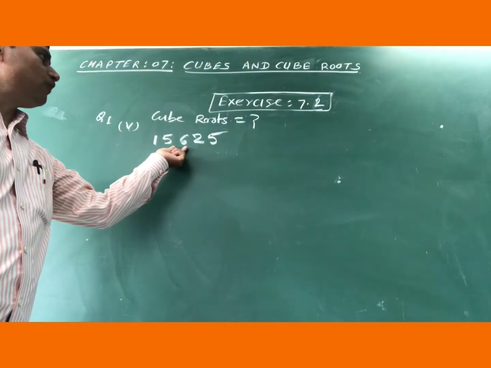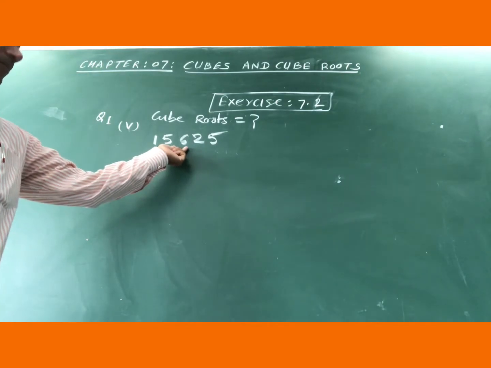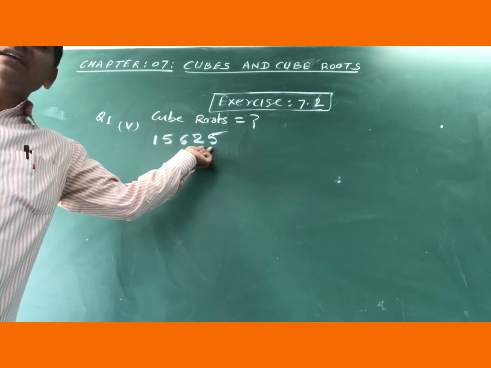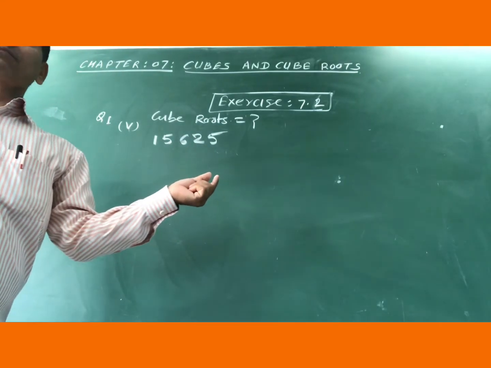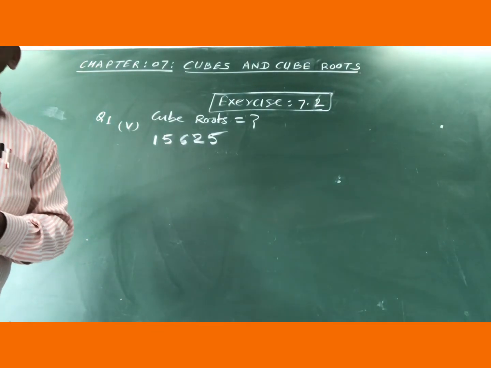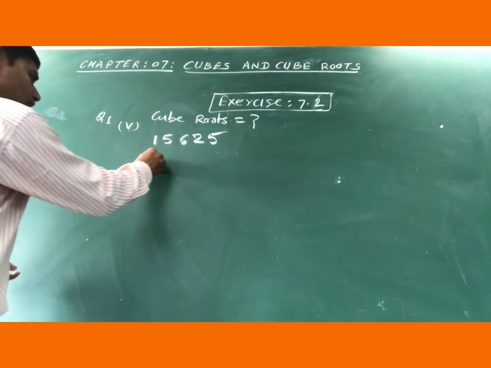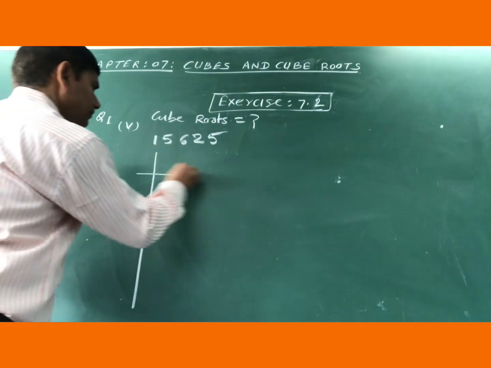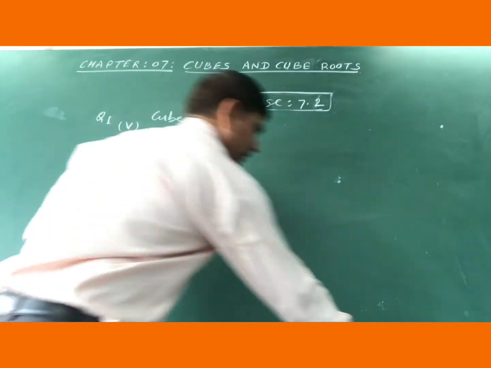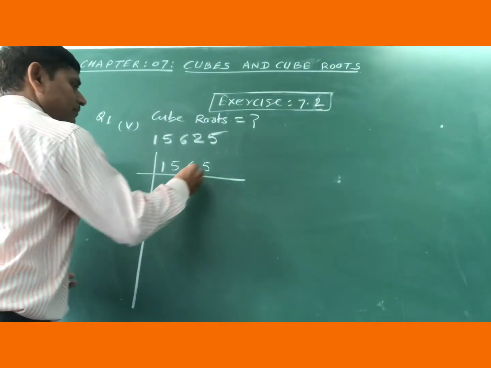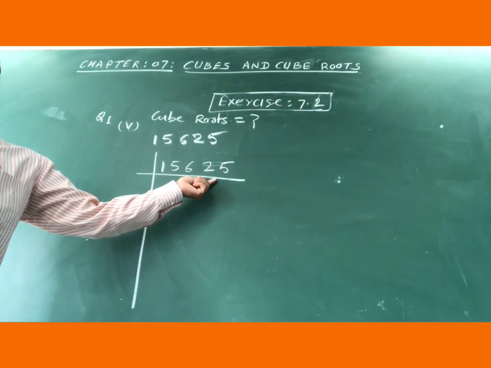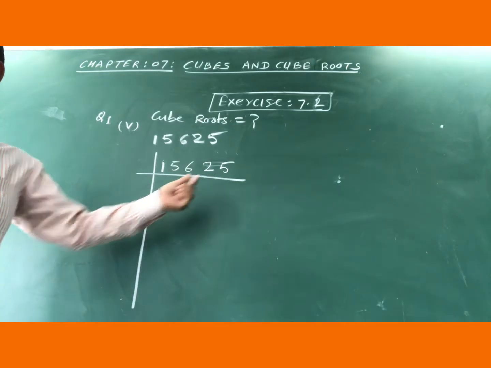Now how can you find the cube root of this number, that is 15,625? Okay, the same process here. You will factorize it, then make the triplets and you get the answer. So dear, first of all you will write it as 15625. Since the last digit is 5, it is divisible by 5.